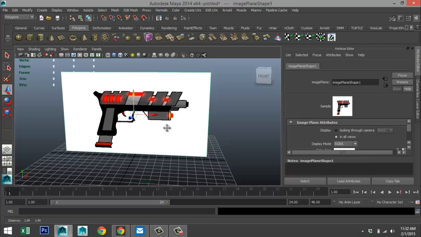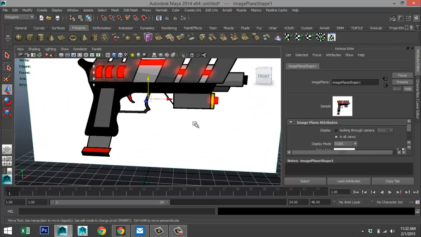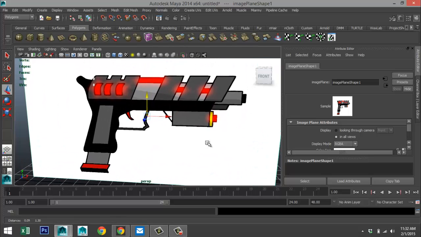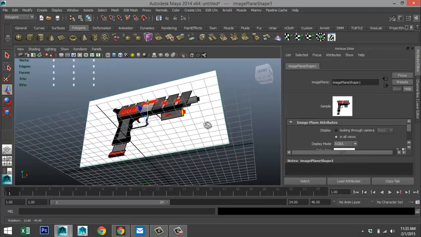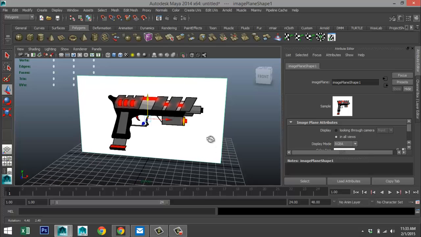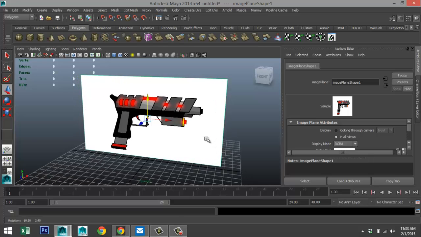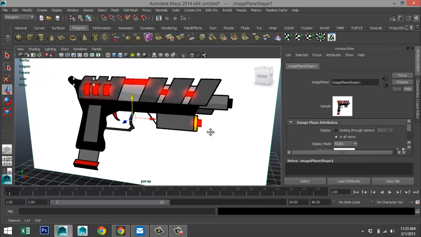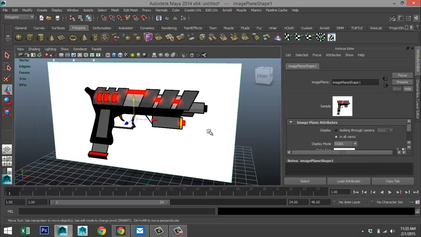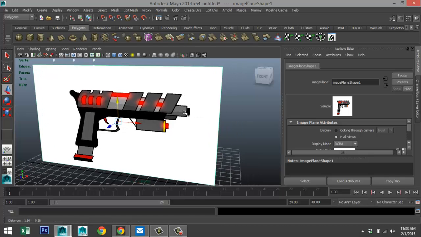Now, the problem when you're modeling something like this is you only have one reference. Okay, so we don't have the side view, top view, and so forth. We just have this. So we need to be a bit creative to get it to a point where we think it's all right. Okay. So what we're going to do is we're going to start off by creating pretty much the barrel and the outside of that. Okay.